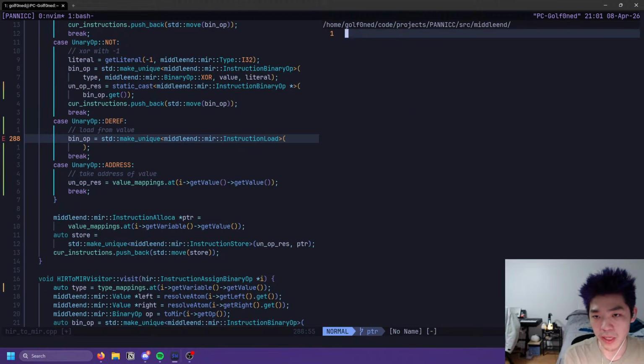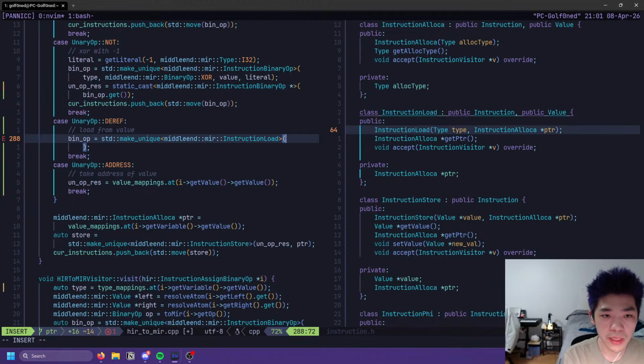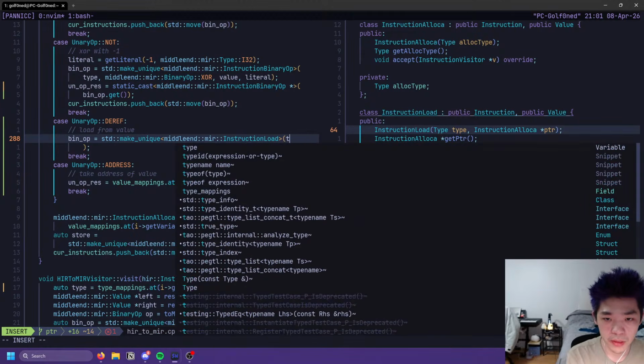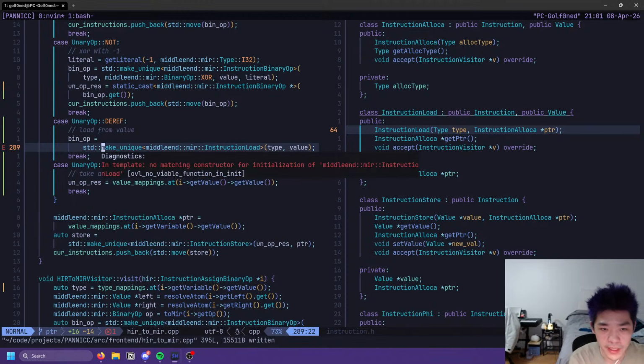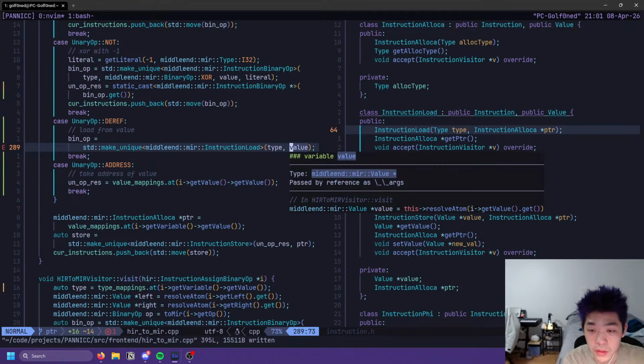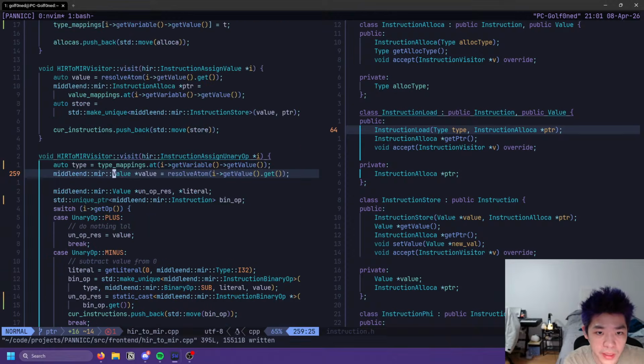Okay, how do I make a load again? Where's load? There's load. Oh, it just takes a type and a pointer. So we want type, and then we take value, which should be a pointer. What type is value? Wait, we already have value, right? Am I insane?